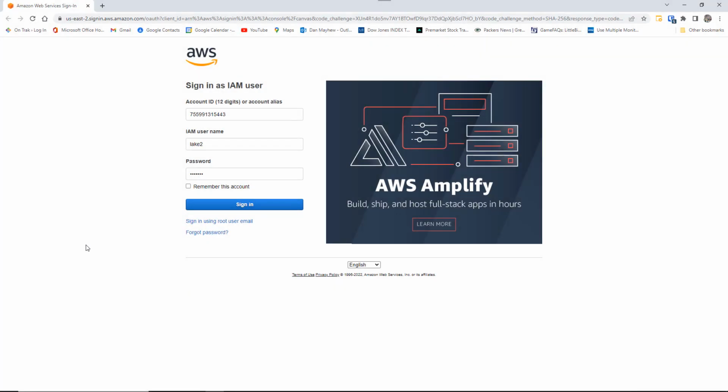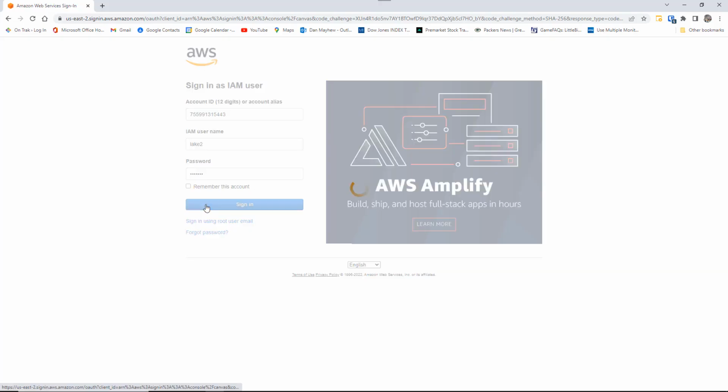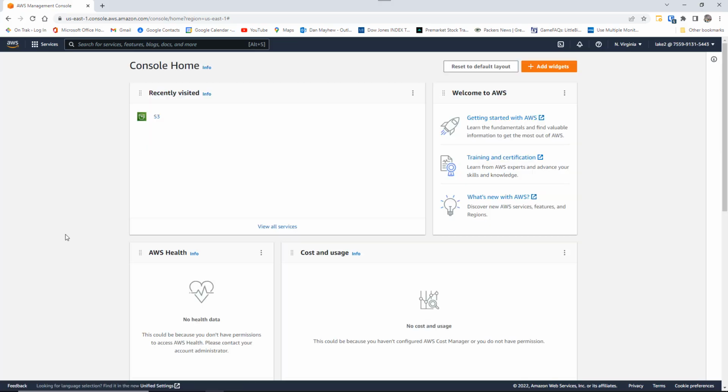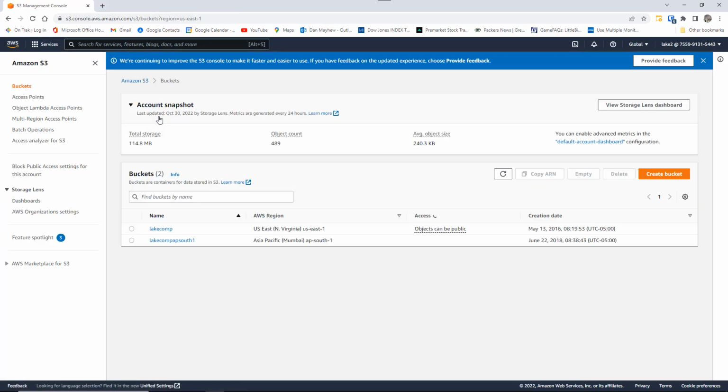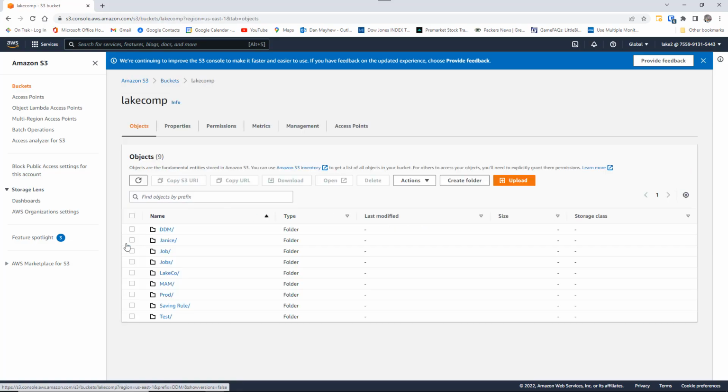The IAM user can log into AWS directly through a browser. From there, they can go to S3, select a bucket, and access folders and files for which they have permission.